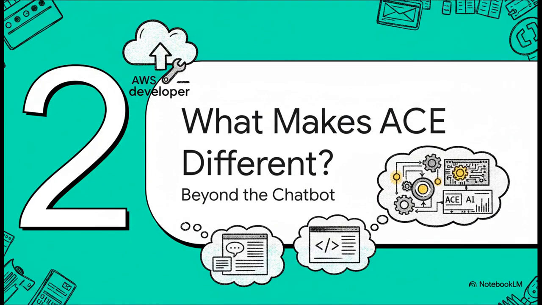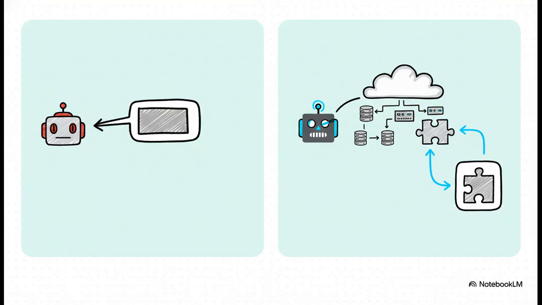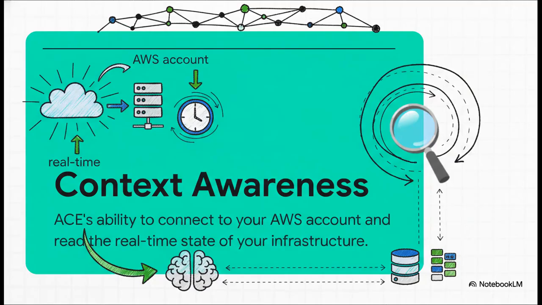And more importantly, how is it any different from the AI tools you're probably already using, like ChatGPT or maybe GitHub Copilot? Well, this is where things get really interesting. You see, the difference in how they work is huge. You can ask ChatGPT a question, sure, and it'll give you a pretty generic answer right out of a textbook. GitHub Copilot, it's awesome for spitting out a specific piece of code. But Ace AI, it's built to understand your live running AWS infrastructure. And that's the secret sauce right there.